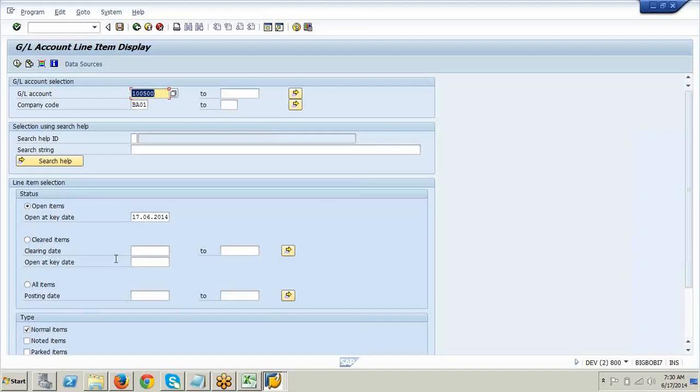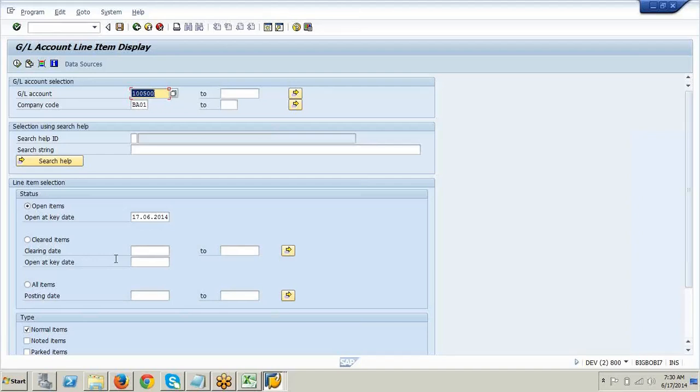Now you tell me how much is open, how much is cleared. Residual is 5,000, the open item. Cleared is 20,000.